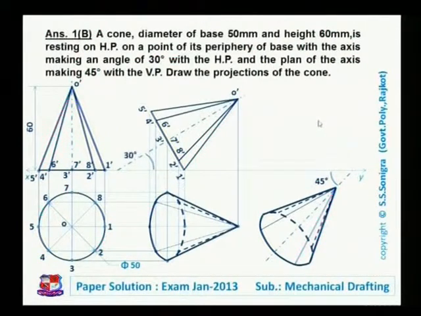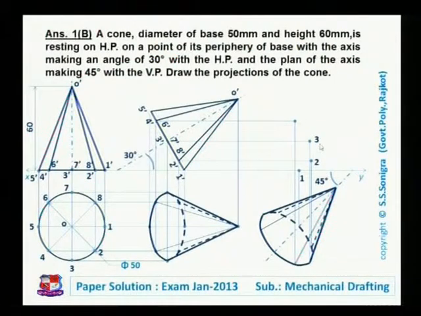We know how to take projections. Draw vertical lines from each point. So this is point number 1. So vertical line from point 1, horizontal line from point 1, here is point number 1. Horizontal line from point 2, vertical line from point 2, this is point number 2. Horizontal line from point 3 and vertical line from point 3, this is point number 3.